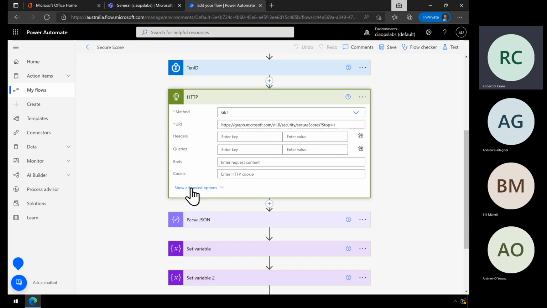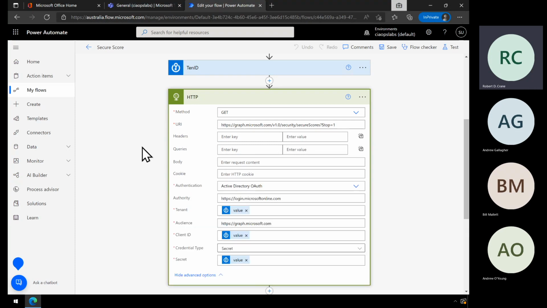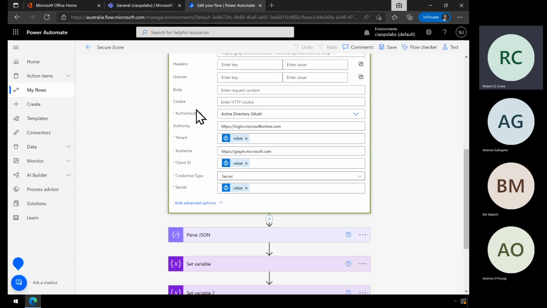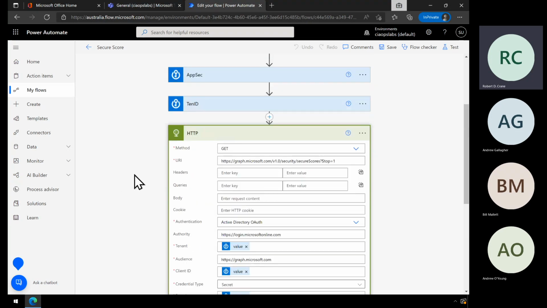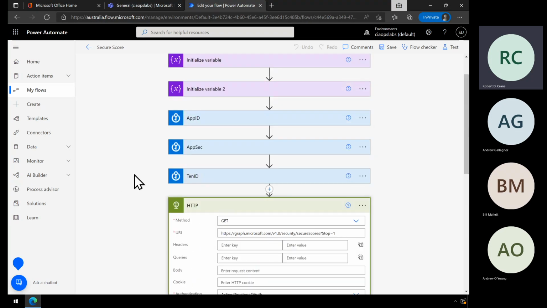add some authorization. So luckily, with the Power Automate HTTP action, you'll see down the bottom here, we can actually put in the way that we're going to authenticate. In this case, we're going to make an Active Directory OAuth call, and we're going to inject some values that we have pre-configured. Now, again, the really good thing about Power Automate here is that I can reach into